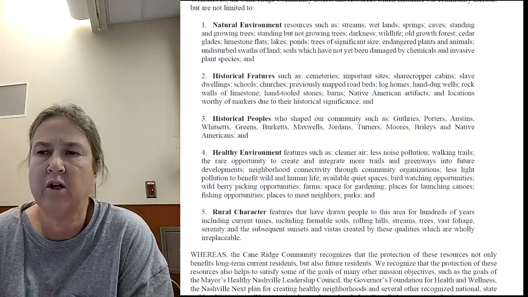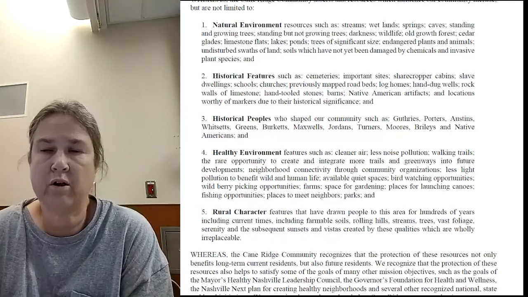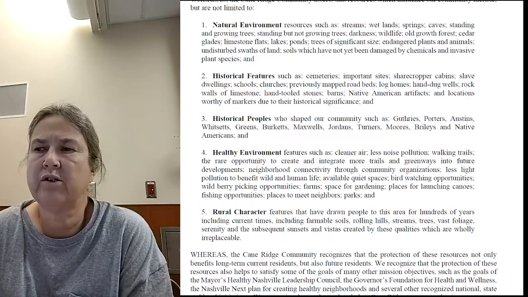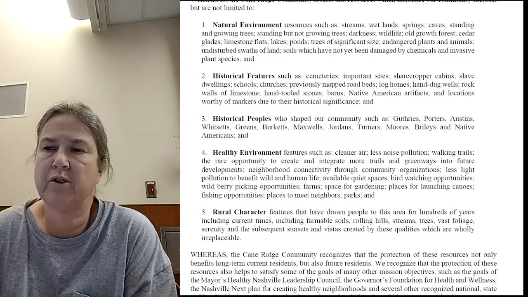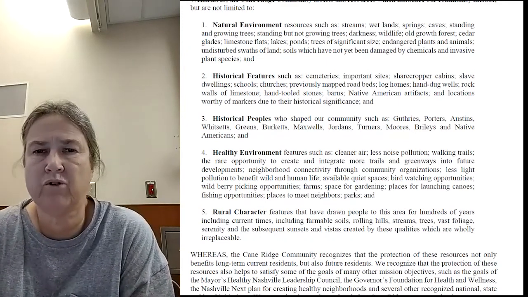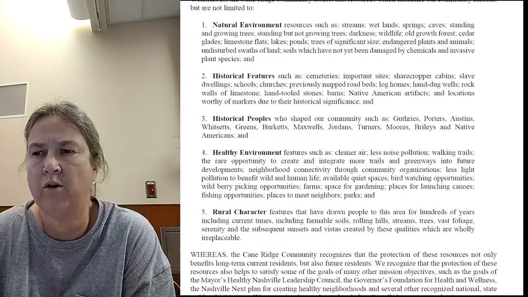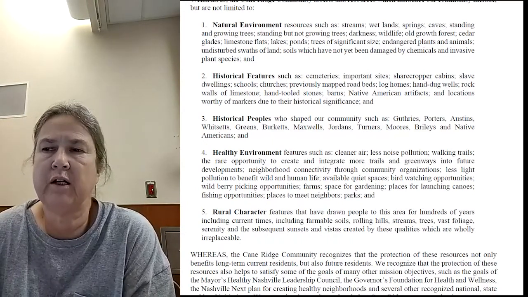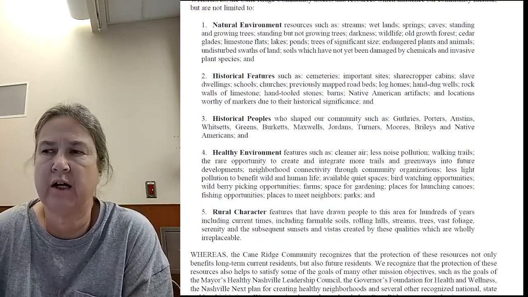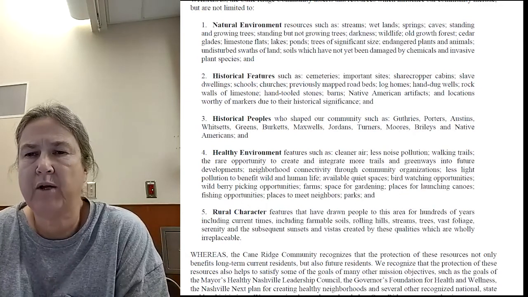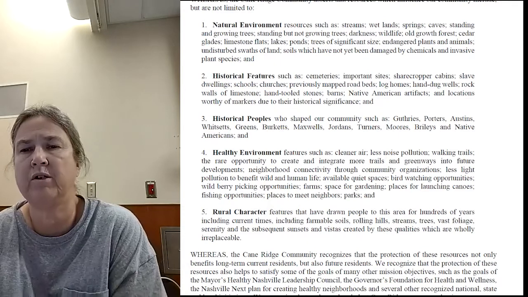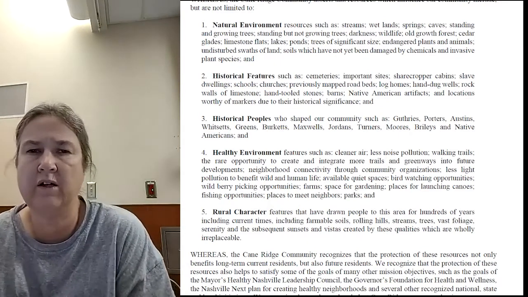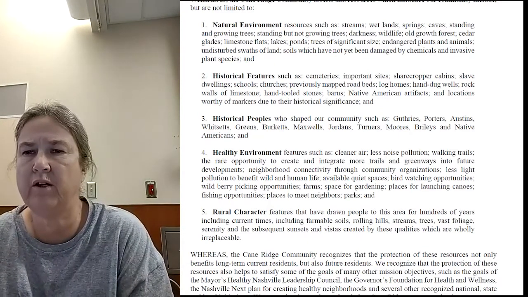So now when developments come in, we talk about leaving the trees up so that our air is cleaner. We talk about leaving the trees up so that they absorb some of the noise pollution that comes in from I-24. We talk about building in walking trails now to connect the communities and for people to have the opportunity within the new developments to get out and walk around and enjoy the environment around them.